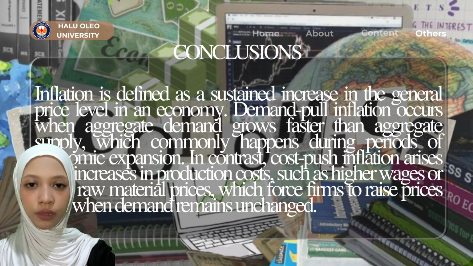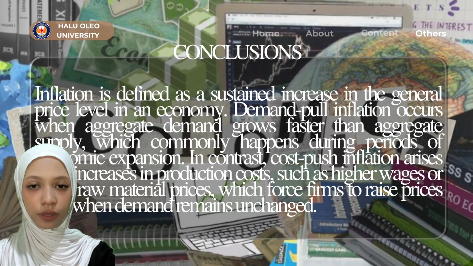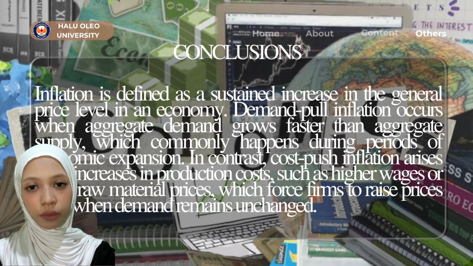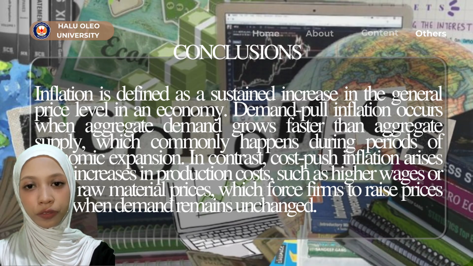In conclusion, inflation is a continuous increase in the general price level. Demand pull inflation is caused by excessive demand, while cost push inflation results from rising production costs. The multiplier effect shows how fiscal policy strongly influences national income, and therefore effective economic policies are essential for price